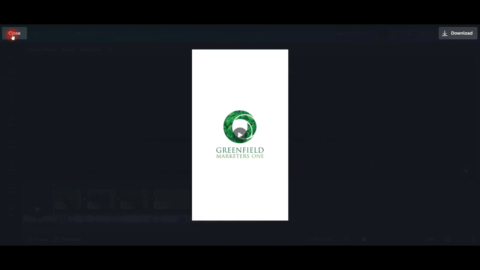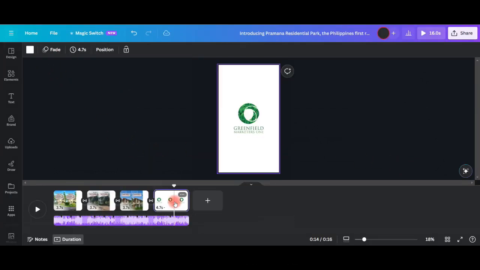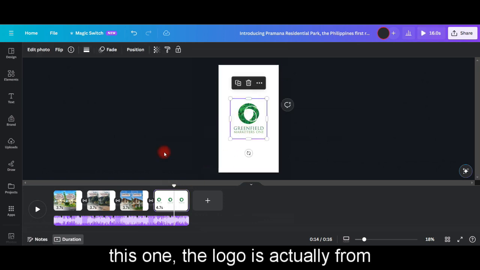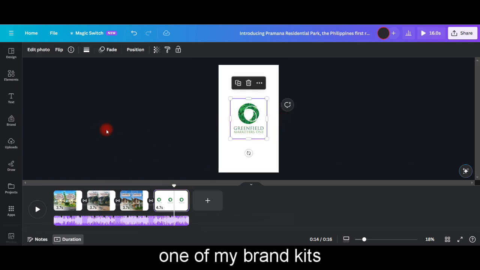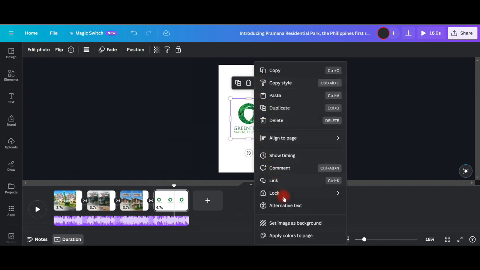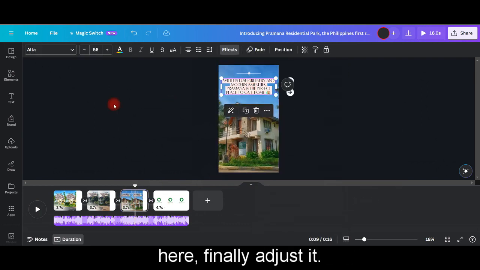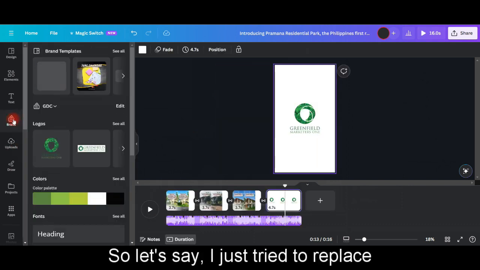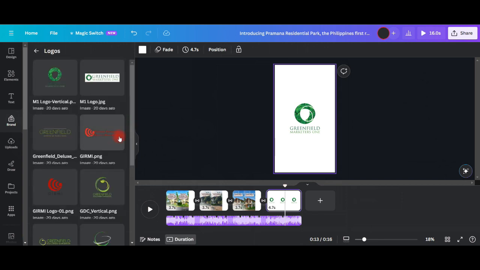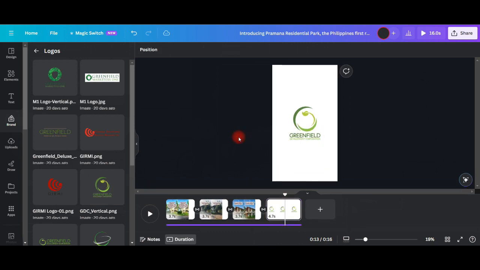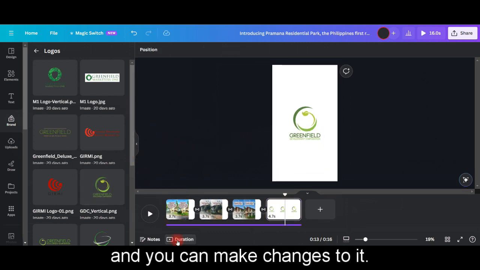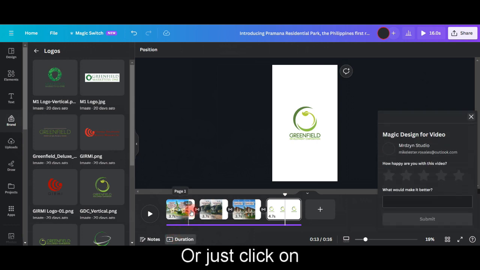Now that looks great. So this one, the logo is actually from one of my brand kits. You can easily replace it, or you can also manually adjust the text in here. So let's say I just try to replace the logos, let's say this one, and you can make changes to it or just click on